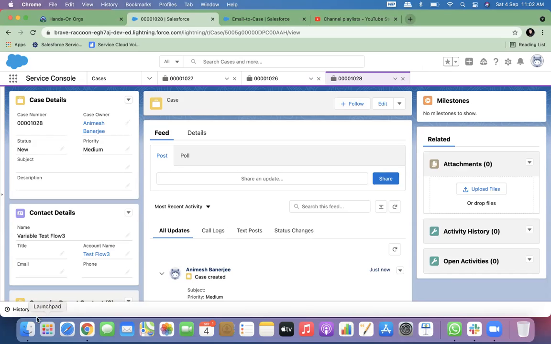So here, basically, there will be a chat window here. We right now call this an omni-channel. This is a Salesforce omni-channel setup. In omni-channel setup, they can work on multiple things at the same time. They can chat with people, they can work on different cases. They can also call people or take phone calls, which are coming from other Exchange servers and so on. Everything sitting in Salesforce.